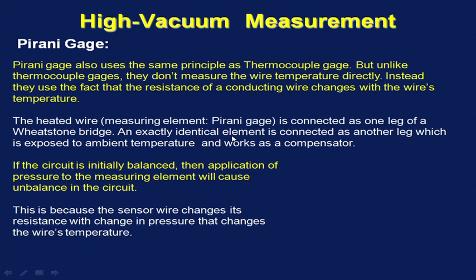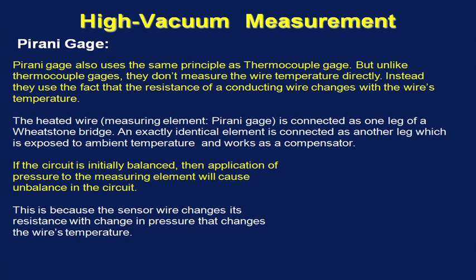An exactly identical element with the Pirani gauge is connected as another leg, which is exposed to ambient temperature and works as a temperature compensator for the effect of ambient temperature. If the circuit is initially balanced, then the application of pressure to the measuring element will cause unbalance in the current in the circuit,